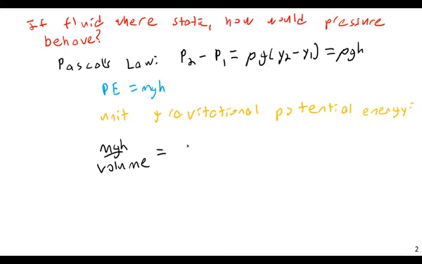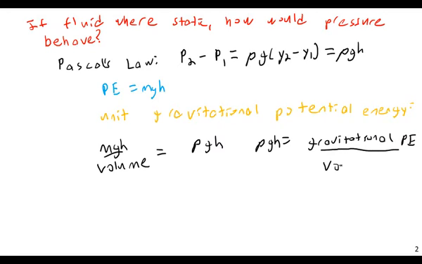well, isn't density just mass over volume? Density is just mass over volume. So effectively, this equals rho gh. Or in other words, rho gh is equal to gravitational PE per volume. So basically, therefore, and since this is P2 minus P1, since I already know that rho gh is equal to